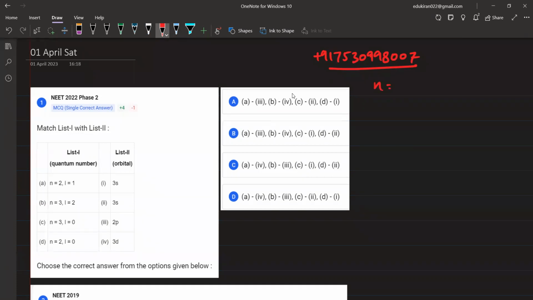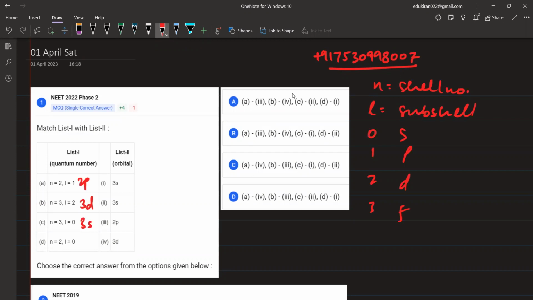N gives you the principal quantum number, the shell number, right? And L gives you the subshell. Now, what are the values of L? L can be 0, 1, 2, 3, and so on: S, P, D, and F. So when n is equal to 2, l is equal to 1, this will be 2P. 3 and 2, this will be 3D. 3 and 0, this will be 3S. 2 and 0, this will be